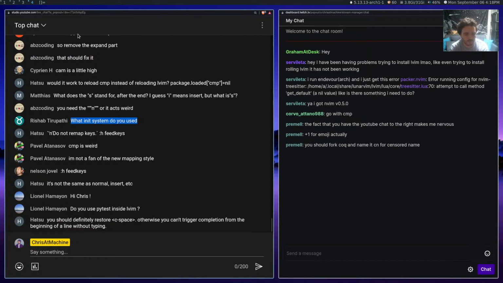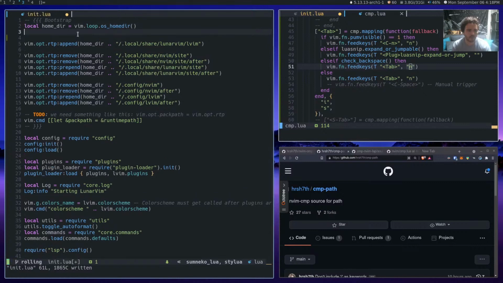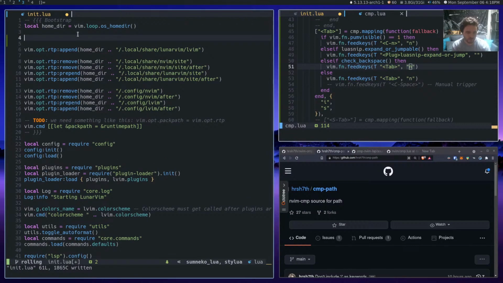Should definitely restore C space, otherwise you can't trigger completion from the beginning of a line without typing. Yeah, you can. You just use C space, control space. Say you have ASDF, and then you do that. That's what I want if there's nothing there.